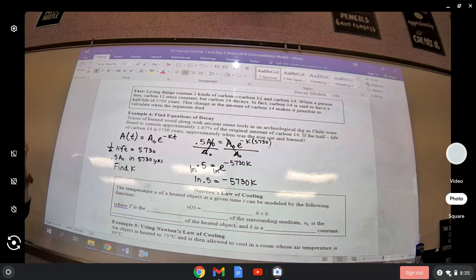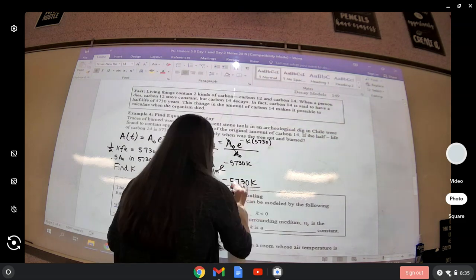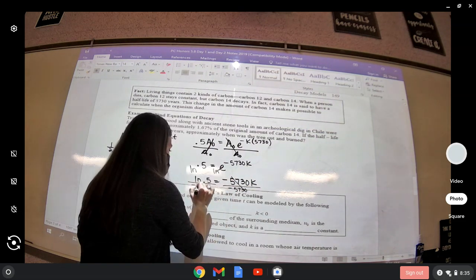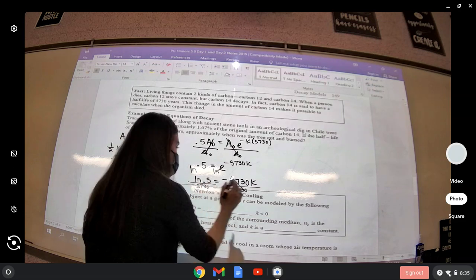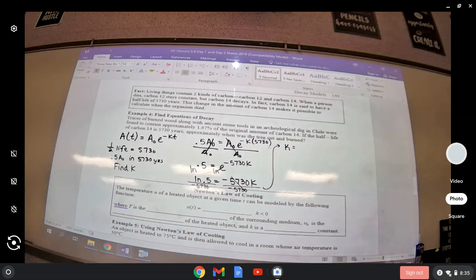And then to find k, we'll divide both sides by negative 5,730. And we find out that k is,